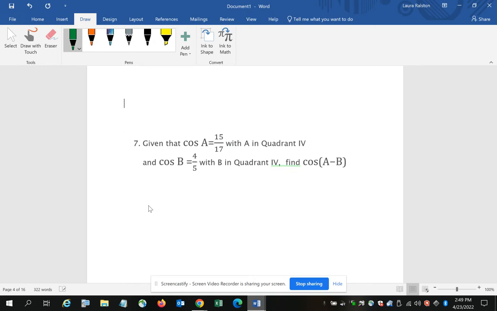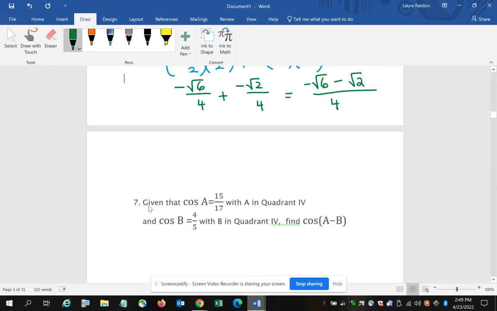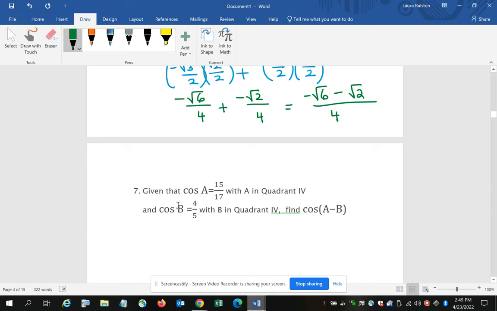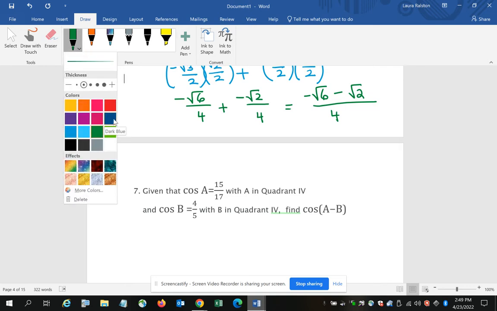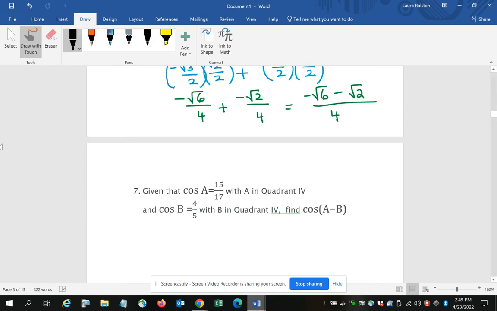Number 7 is similar to number 5 in that it's going to be those 3 steps because we've got to find all of the missing pieces. This one wants you to find cosine of A, excuse me, A minus B. So again, if I write down my formula, I have cosine of A minus B equals cosine A times cosine B plus sine A